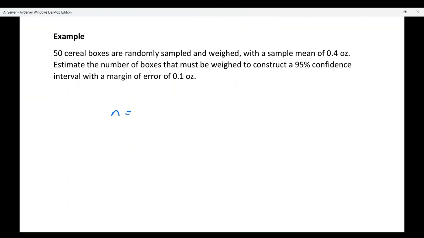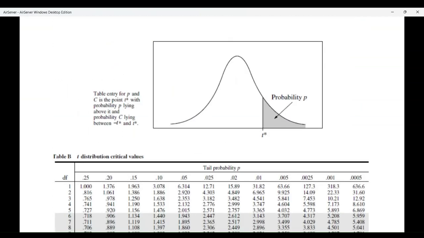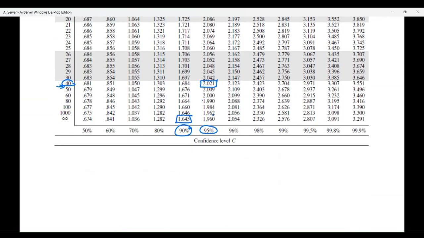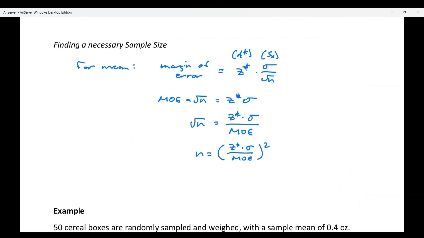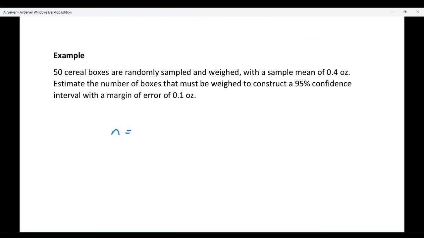Now again, for a 95% confidence interval, if I go to the chart and look up 95%, it's that number right above, 1.960. And so we'll plug that back into our formula, 1.960, times the